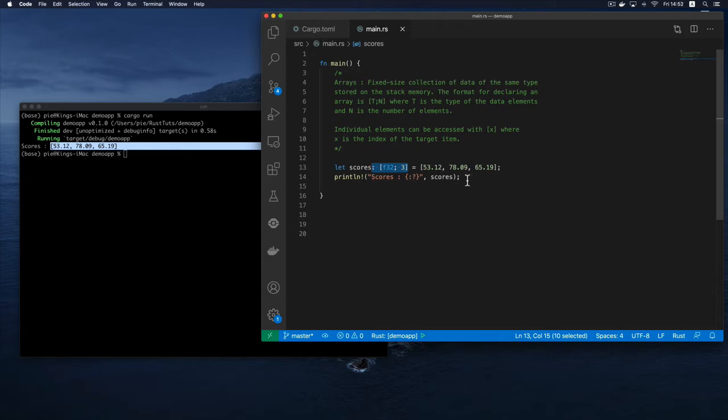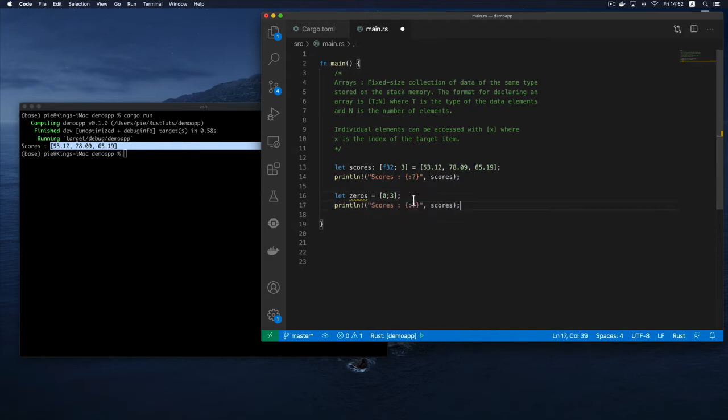So this is one way. Let's see another way of declaring arrays. Let's say we want to store the score of a student who got all zeros in all the 3 courses. So what I can do here is I'll say zeros is equal to, the way you do that is you bring the value that you want, and then I can specify the number of items. So basically what I'm trying to do here is, in fact, let's print it out and I will explain what